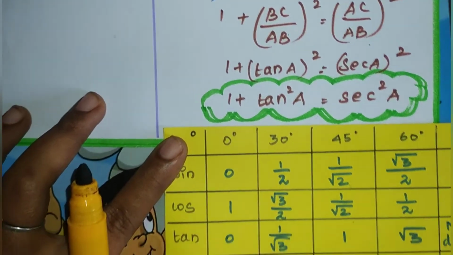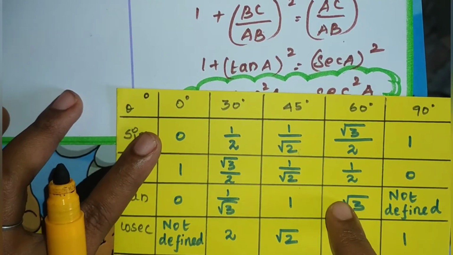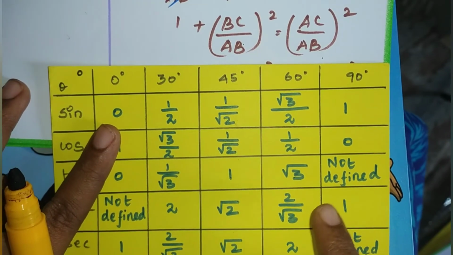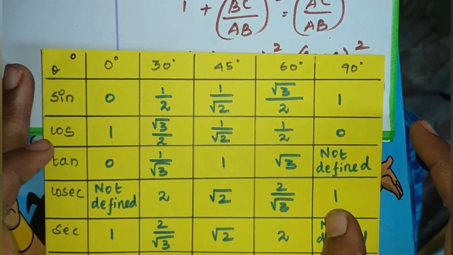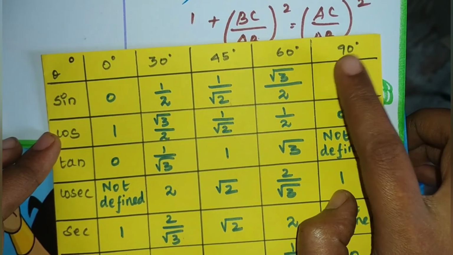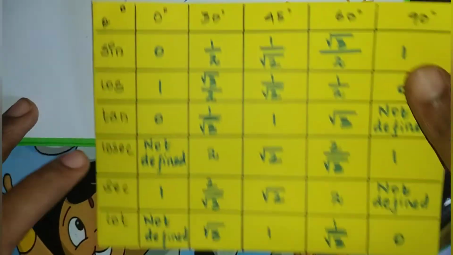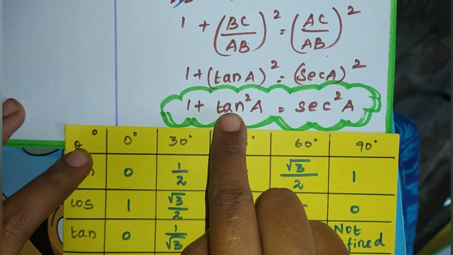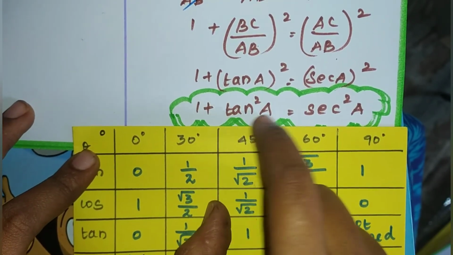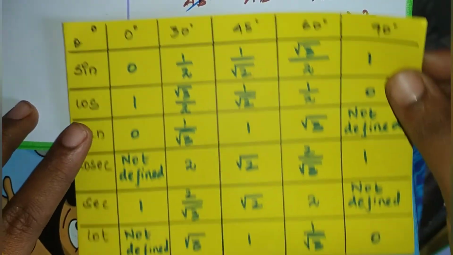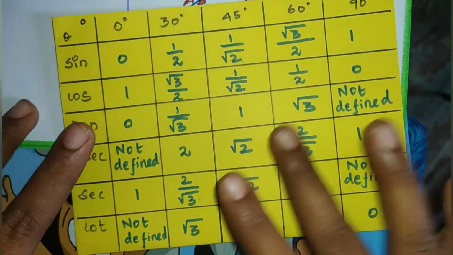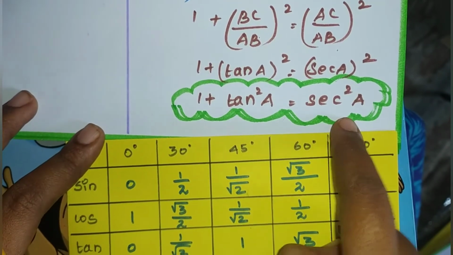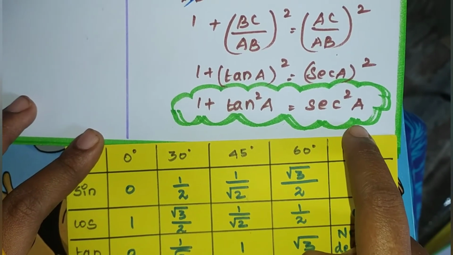And you have to check for 30 degree, 45 degree and 60 degree like this, and you will get equal values only. Clear? And then finally you have to check with 90 degree. Tan 90 degree is what? Not defined. So 1 plus not defined is equal to secant 90. Secant 90 is also not defined. But here we have 1 equal to not defined. So this is not true for